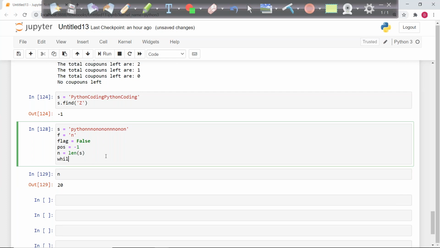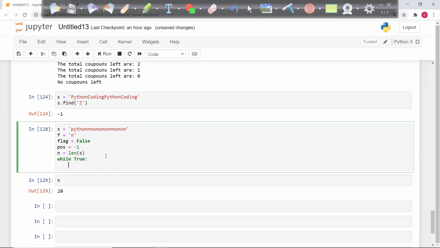Now I'm writing a loop, while true. While true means my condition will always be true. If my condition will always be true, it may go into an infinite loop because it will never make my condition false. And we discussed that if the condition is true, it will always run the loop. That means it looks like I may go into an infinite loop, but obviously I have to break that. I don't want my loop to run infinite, so there is a command called break which will run in some time. But here, while true,